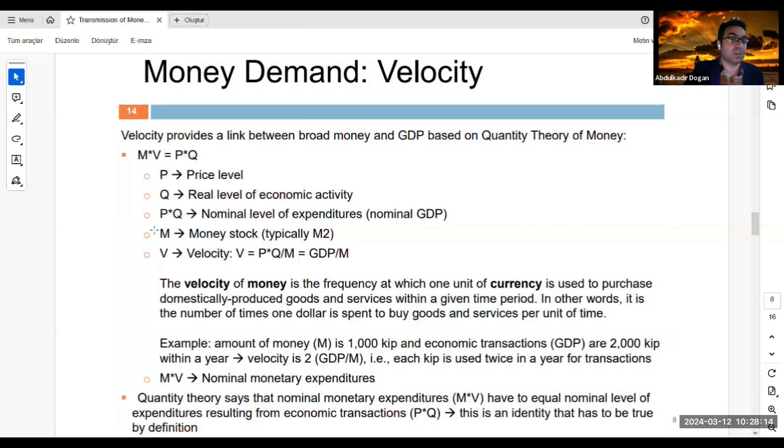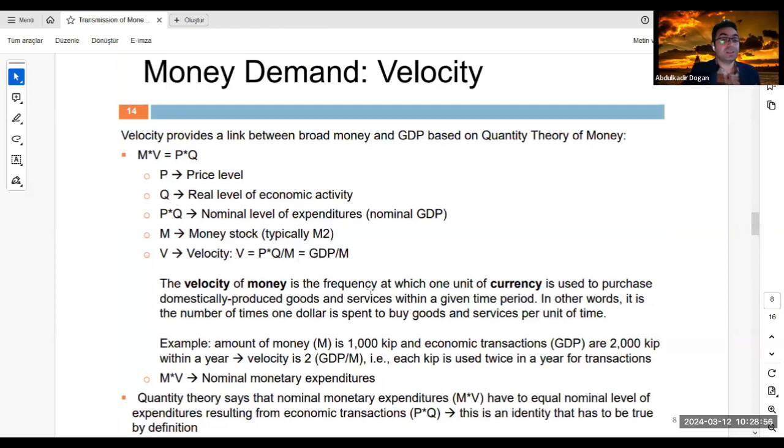And as you see, M is money supply, and the velocity can be written as P times Q over M. If I divide each side by M, this M is gone, and we get P times Q over M. This is a basic division. The velocity equals this. So if I know the GDP and the money supply, and I can know both, because GDP is easily followed through transactions and the money supply is directly monitored by the central bank. They know how much liquidity they have given to the market. So